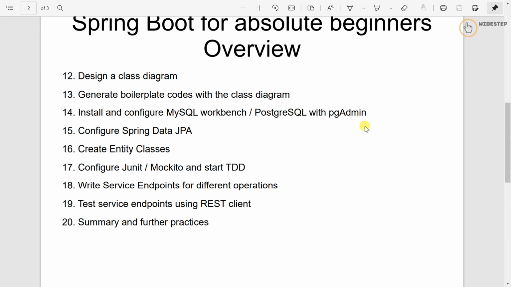And then finally we'll summarize the whole series, and I will give further links and practices you can do yourself in order to take your skills a step ahead. So I hope that it will be very helpful to you if you have never used Spring Boot, or if you are someone who is planning to learn it for whatever purpose you may have. So I hope that this will one way or another help you